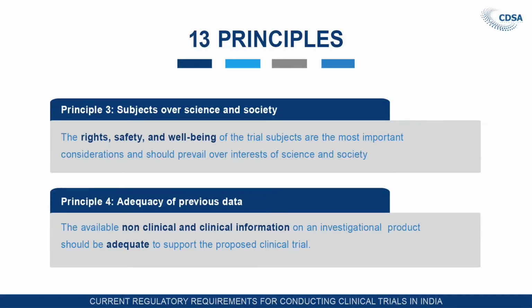There's always a debate about subject over science and society, and that's the third principle. The rights, safety, and well-being of trial subjects should never be compromised and should never be overridden by the interest of science and society. The fourth principle talks about the prerequisites, which we discussed very early. It says that if you do not have proper non-clinical data, which is regulatory toxicology and animal pharmacology, then you should not be allowed to conduct any proposed clinical trial, because the toxicology and pharmacology data give you adequate information about the background of this